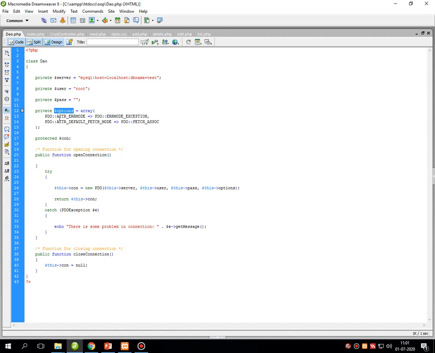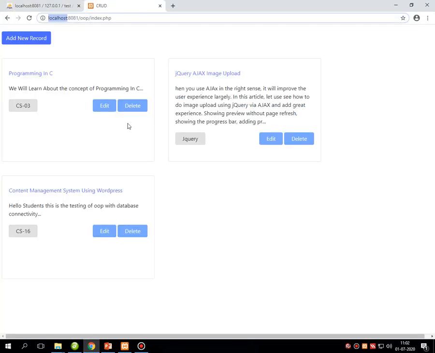The fourth one, mentioned as $option, is actually a type of array. Now the question comes to our mind: why is the array taken over here? Because in our database table there might be a possibility that one or more records are there. As you can see on the output screen, right now I have 3 records.